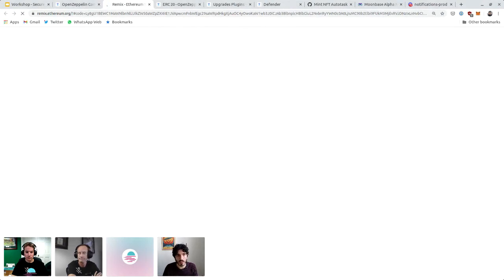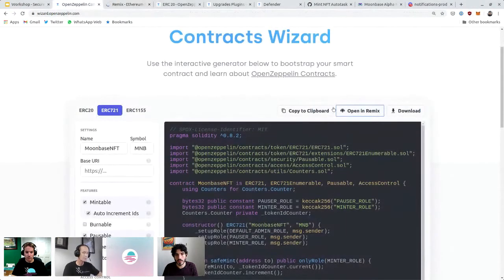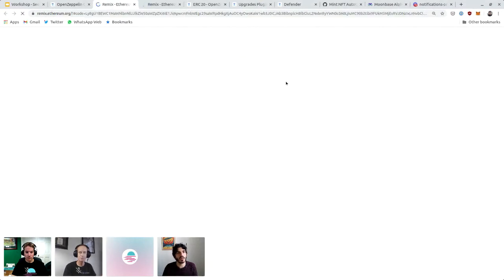By default, Remix is going to work on a local network that runs within the browser, but you can also, using MetaMask, connect it to a different network. It seems like Remix is a bit slow today. Let me see if I try again. If I get it to react, of course, Remix usually works fine, except when we're on a demo. But the idea is that you can use Remix for compiling the contract and connect Remix to MetaMask in order to